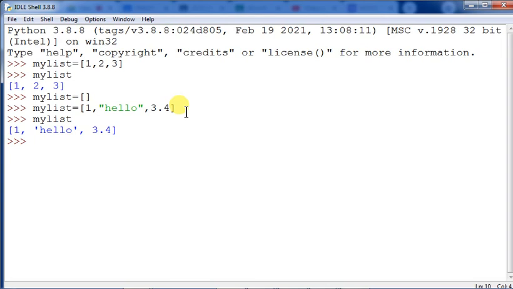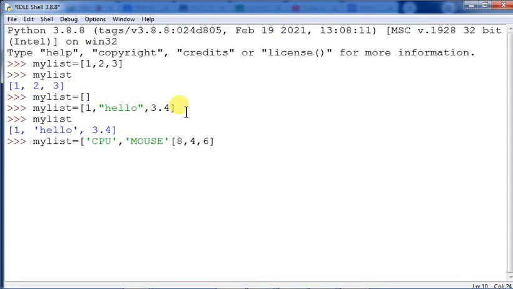A list can also have another list as an item. This is called a nested list. What is the shape of the nested list? Suppose I am taking it in this way. Suppose I take here CPU, then mouse, and then 8, 4, 6. This is a list inside another list.